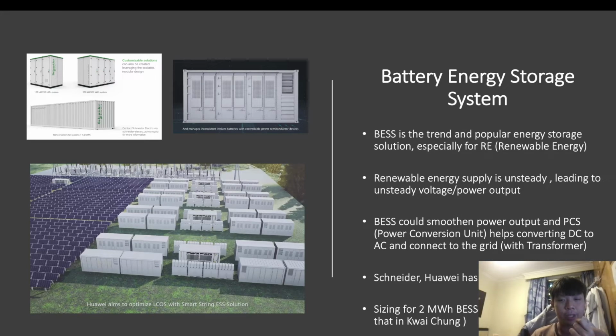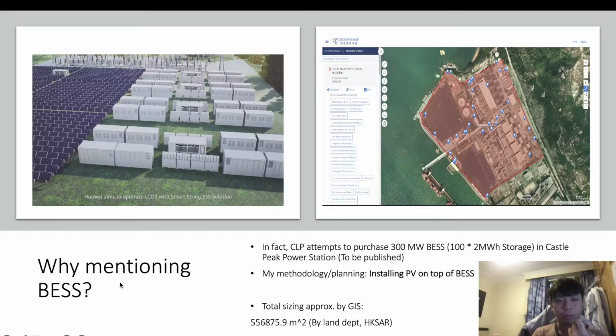the power conversion unit, helping it to convert DC to AC and connect to the grid, along with the transformer. Schneider and Huawei have actually made a 2 megawatt hour BESS. The sizing is like a cabinet at Kwai Chung, like a container. They have made